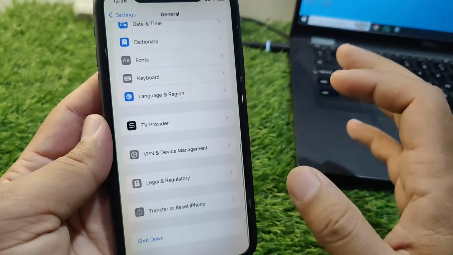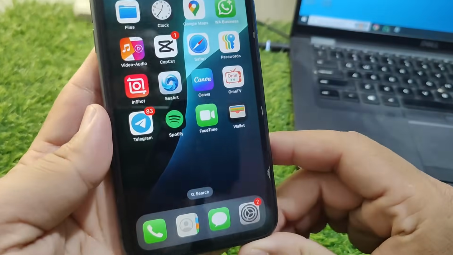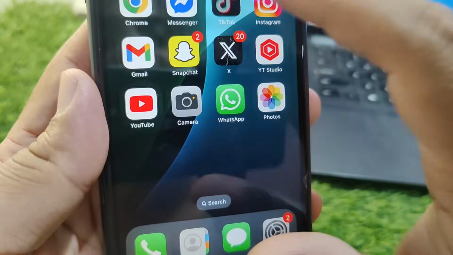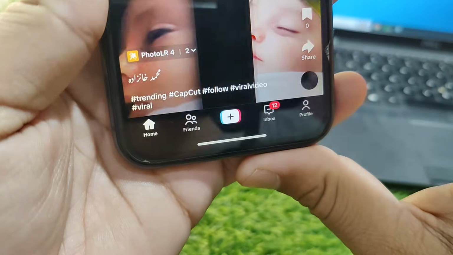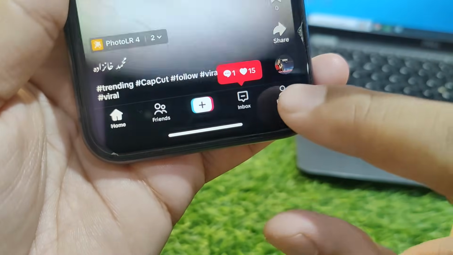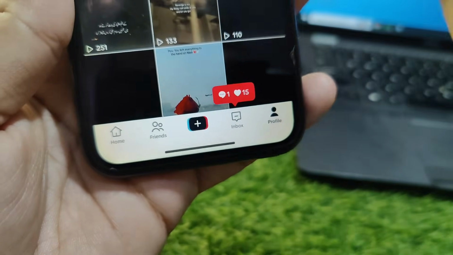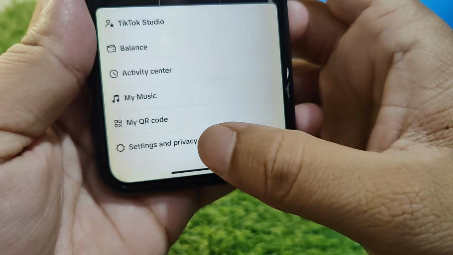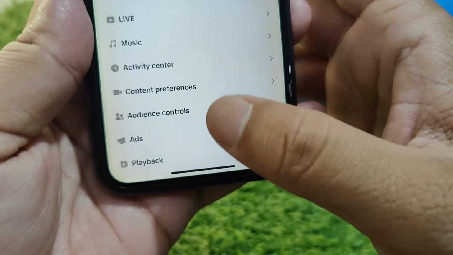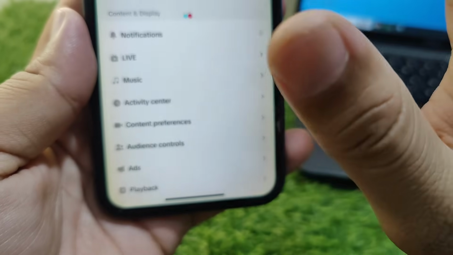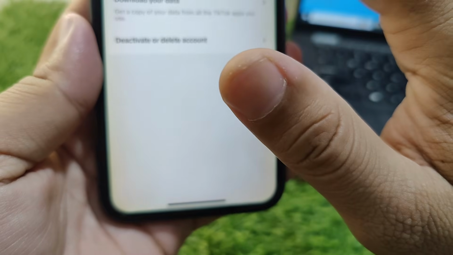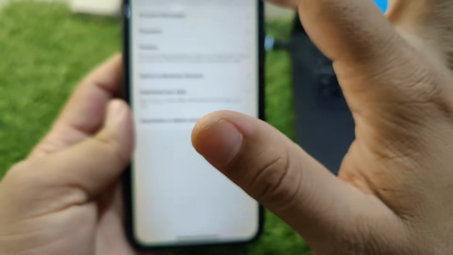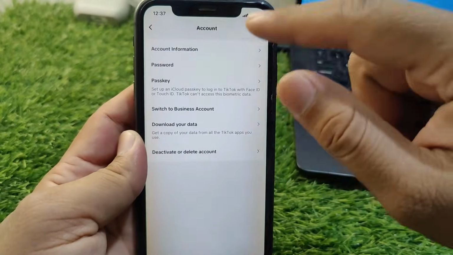So guys, do this and check if the problem is fixed or not, and if the problem is still there then open your TikTok and tap on your profile and then go to settings of your TikTok, tap on settings and privacy, and then go to account. And from here you have to tap on account information. Here you can see this, tap on account information